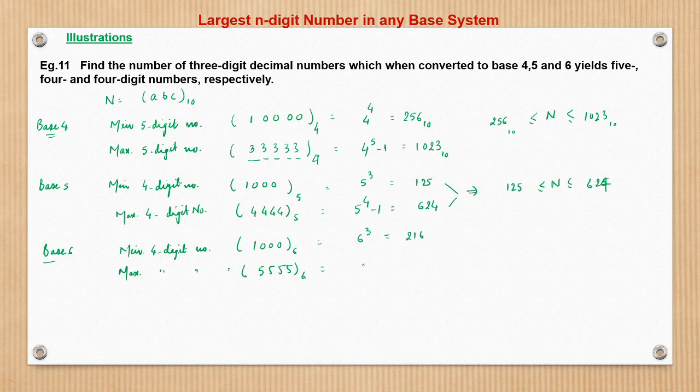So this we can write as 6 raised to power 4 minus 1. So 6 raised to power 4 is 36 square, which is 1296. 1296 minus 1 is 1295. So from these two I can write that n lies between 216 less than equal to n less than equal to 1295. So now from three equations, equation 1, 2, 3,